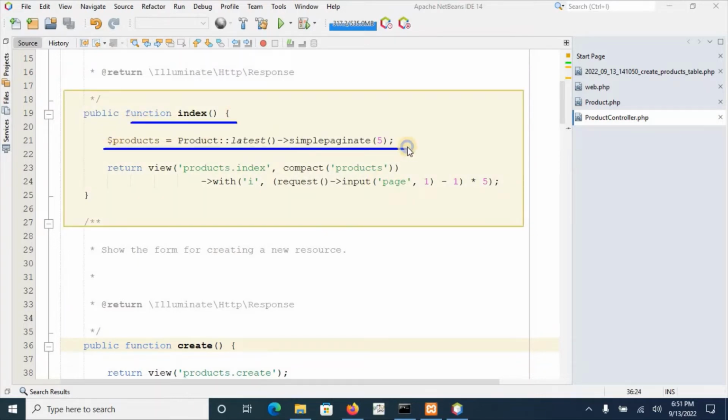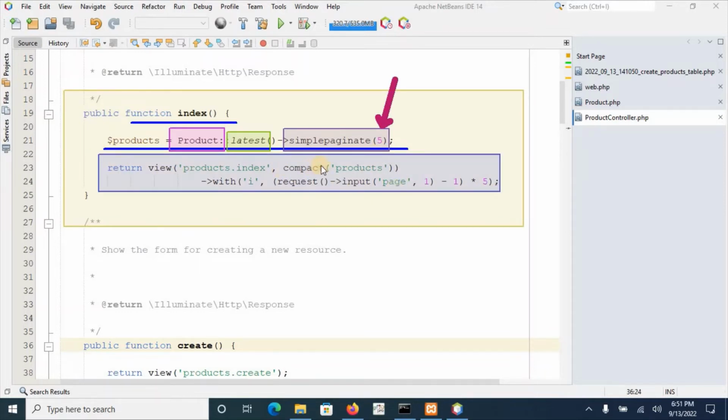Here this line elaborates that the product model will get the latest, which is a built-in method of Laravel that is used to get the items from the database in descending order. Latest means the most recent item will be retrieved first in the result. Simple pagination: here the method is called with the pagination of 5 products per page, and the next line will return the data from the product table in the